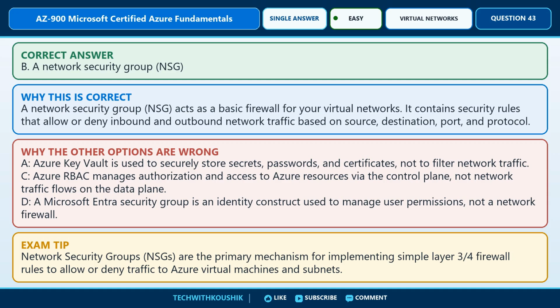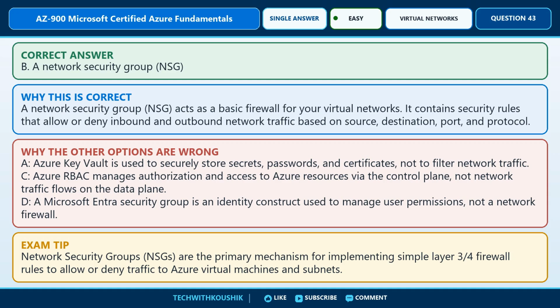C. Azure RBAC manages authorization and access to Azure resources via the control plane, not network traffic flows on the data plane. D. A Microsoft Entra Security Group is an identity construct used to manage user permissions, not a network